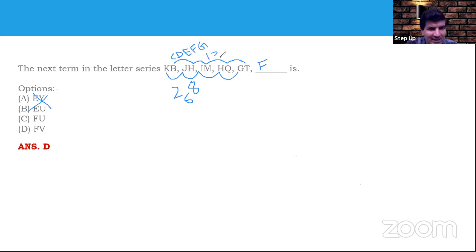The difference is actually 5. So the difference remains, if you actually see,